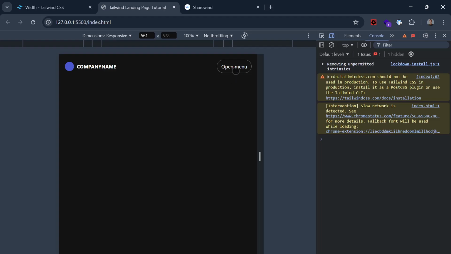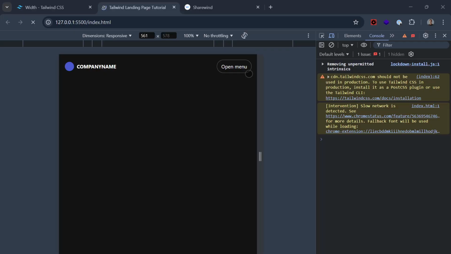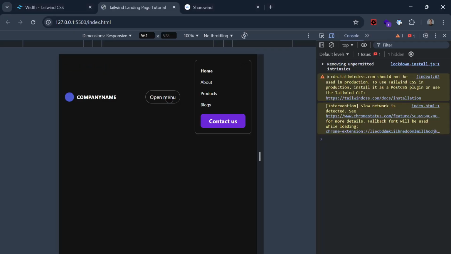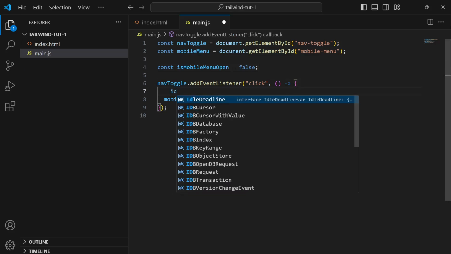So now if we click it, so sorry, we want to remove the class of hidden. So now when we click it, it removes. But now if we click it again, it's just removing something that does not exist since we already removed it. So it's a toggle, not just for opening. So what we want to do is get the state. So is mobile menu open, and initially it will be false since when the page loads it is closed. And we just want to say if